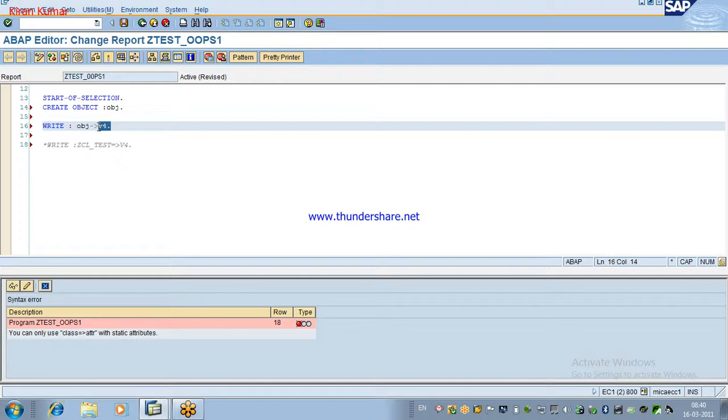Whenever a component is declared as static, you can call in both ways. You can create an object and call, or you can not create an object and say class double arrow that particular attribute or method. Remember this. But whenever you are calling an instance component, object creation is compulsory.